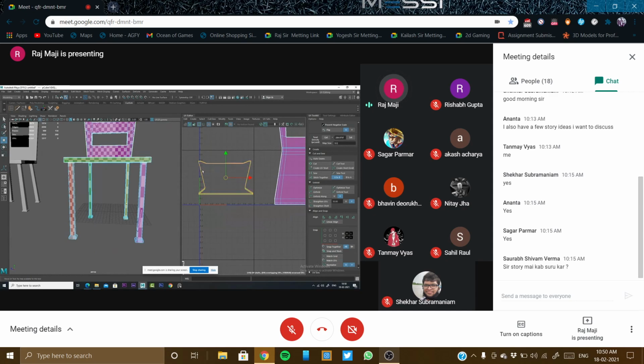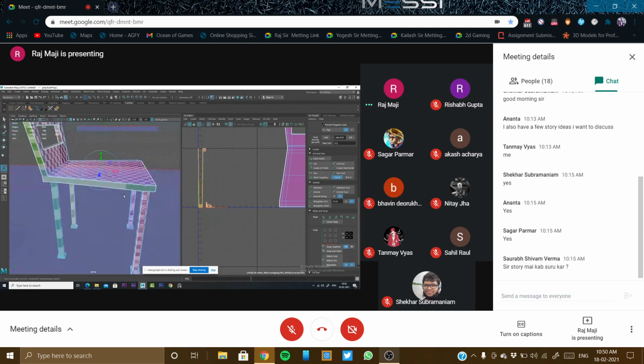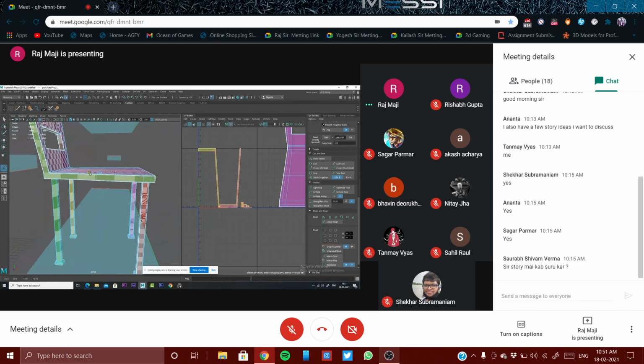Okay, so all the faces are selected, create, and do automatic mapping. Okay, so let us check. I'm just trying to make it small size.